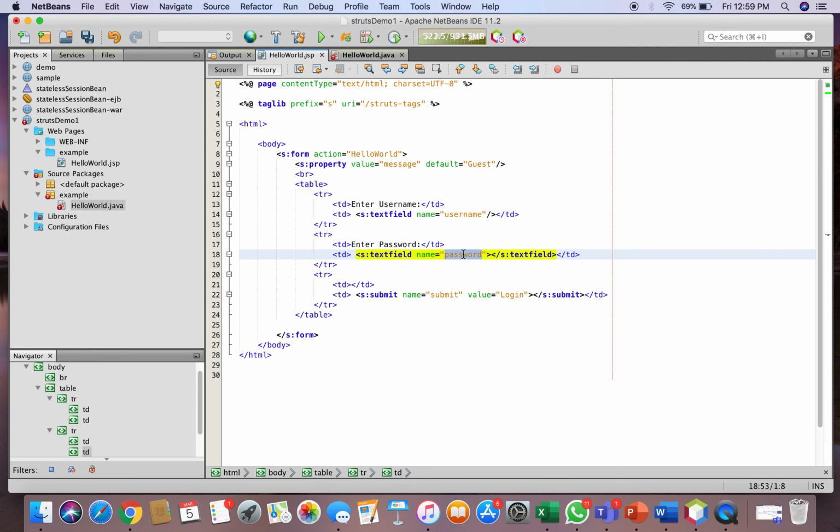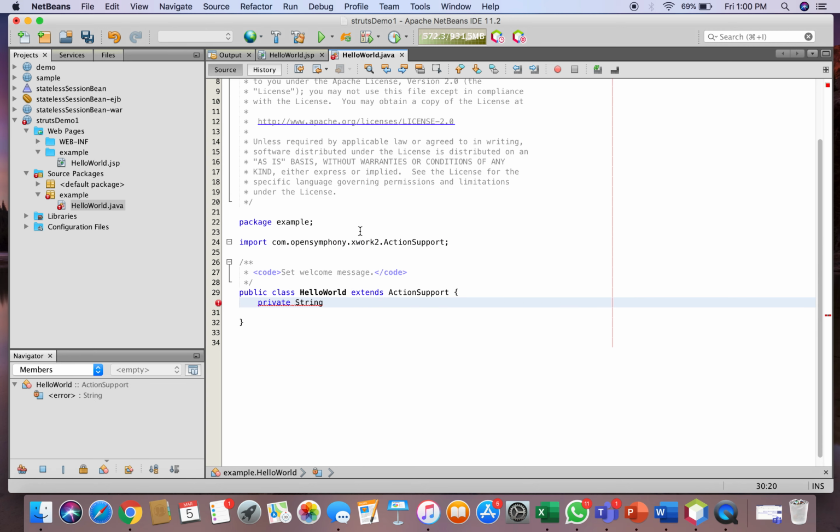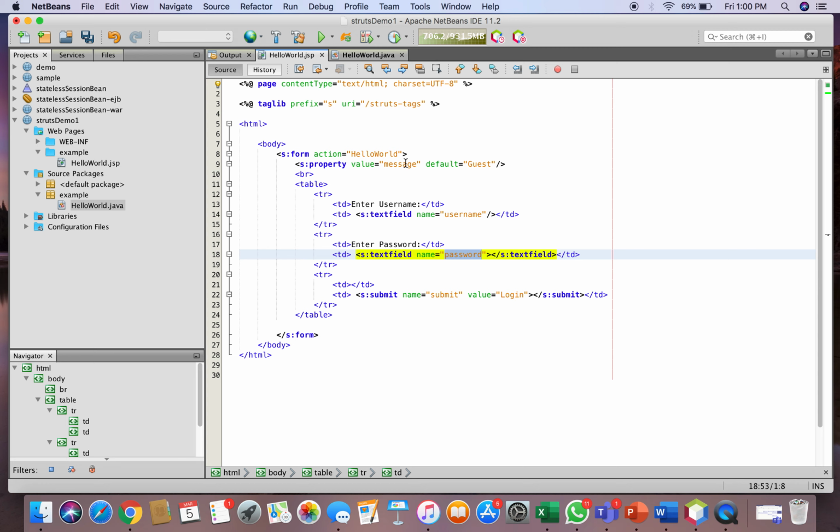The advantage of using Struts tags is that whenever we use the same name inside our action, the values will be automatically populated in this name on the click of the submit button. The first one is message. We should use the same case as it is in the JSP. Then we have username and password.